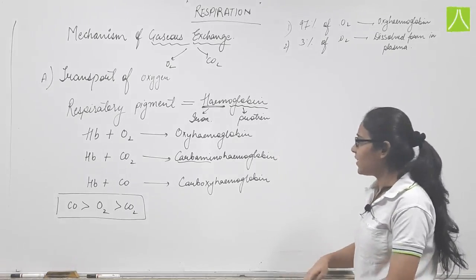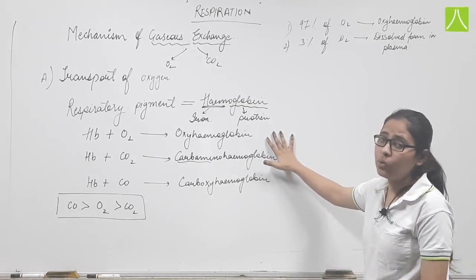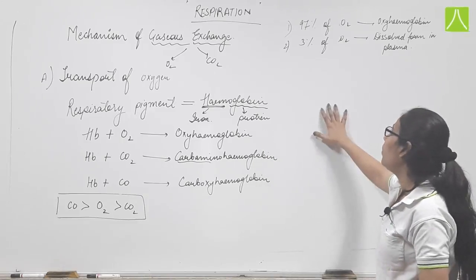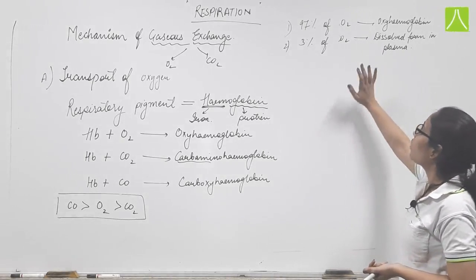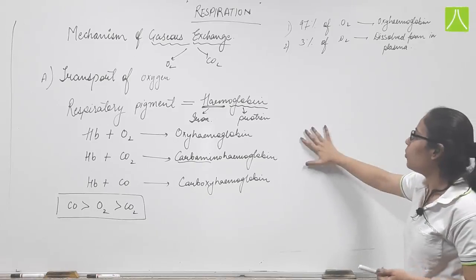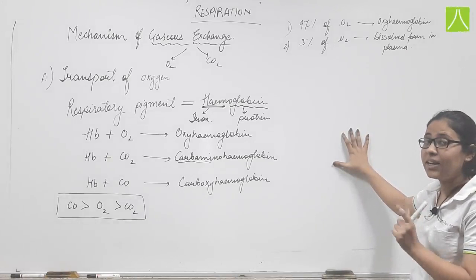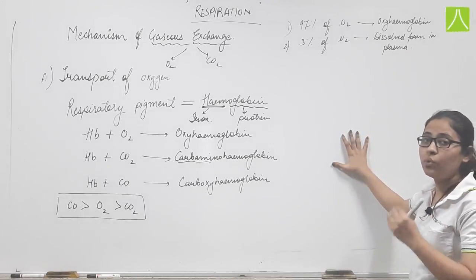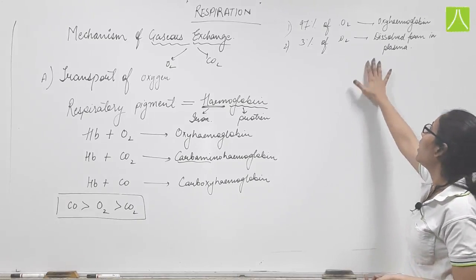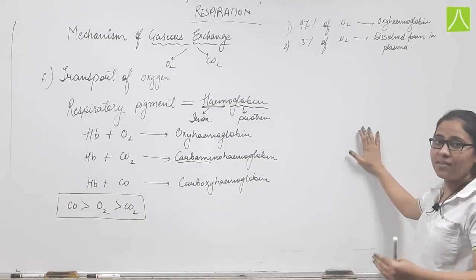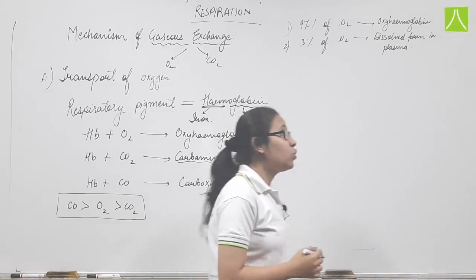Now we are saying that hemoglobin binds with oxygen to form oxyhemoglobin, and in this way it travels from the lungs to the target site. What is the percentage which binds with hemoglobin? 97% of oxygen is bound with hemoglobin, that is oxyhemoglobin. 97% of oxygen travels as oxyhemoglobin from the lungs to the tissues. Then what about the 3%? The remaining 3% of oxygen is dissolved, and travels in the dissolved form through the plasma.